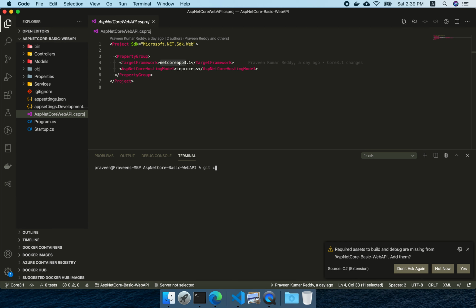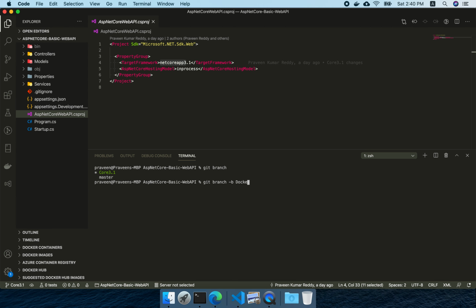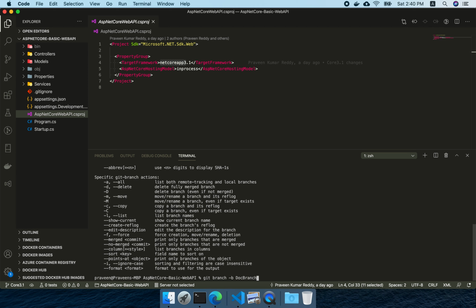Let me see what branch we are in. So I am in this one. What I'll do is create another branch, say Docker, probably doc branch. It is not branch, it is checkout.